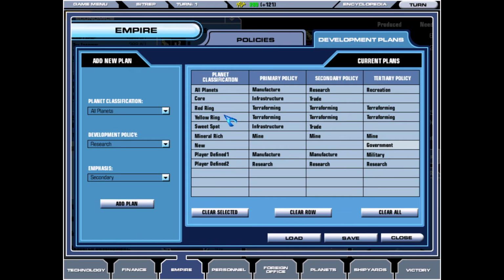I've put red and yellow ring. I've put an emphasis on terraforming to try to get those colonies up to our preferred environmental situation. And that's basically it. We've got mineral rich set to mine, because we do need to fuel our industry, especially early on. And then I've got 2 player defined programs, which